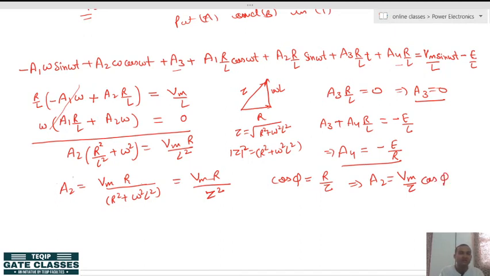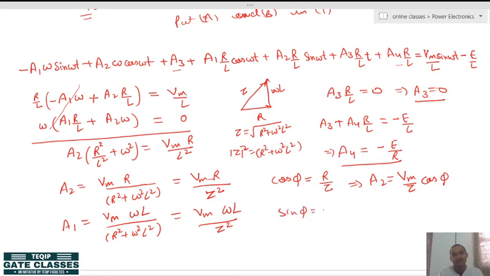Similarly, when you put this a2 value here, we will get a1, and that a1 value is Vm omega L upon r square plus omega square L square, or we get Vm omega L upon z square, and we know that sin phi is given as omega L by z. Here you can see it from the impedance triangle. So this implies a1, and this a1 is with some negative sign. If you calculate this a1,